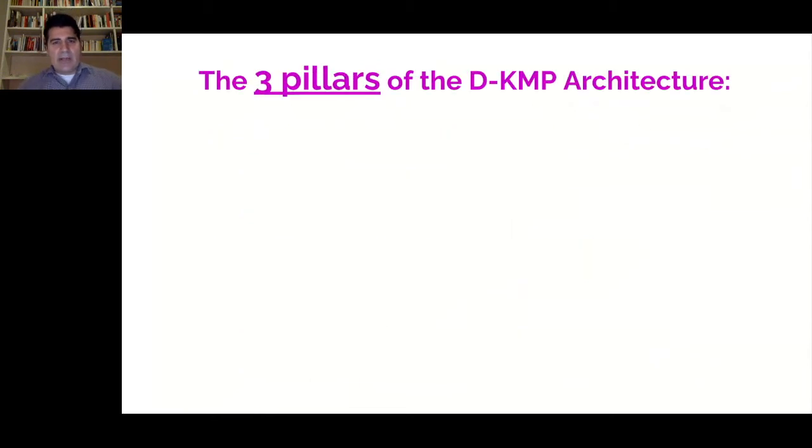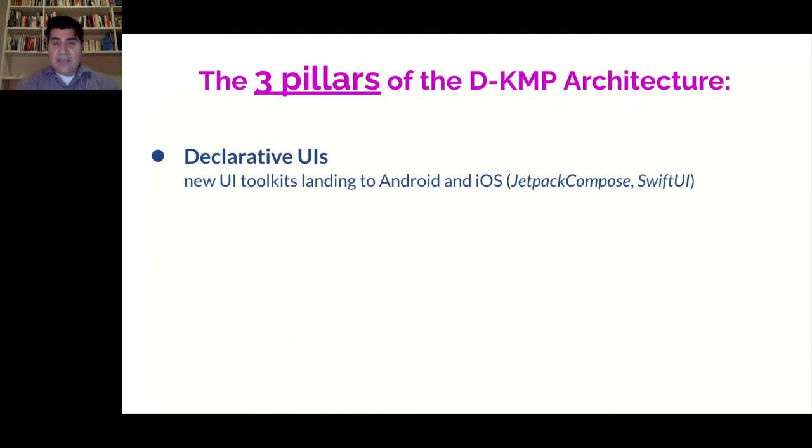So let's talk about the 3 pillars of the DKMP architecture. The first pillar is Declarative UIs, which is really a fresh topic. As most of you know, yesterday there was a big announcement of the beta stage of Jetpack Compose, which is the new Android toolkit, a declarative UI toolkit. And in iOS,